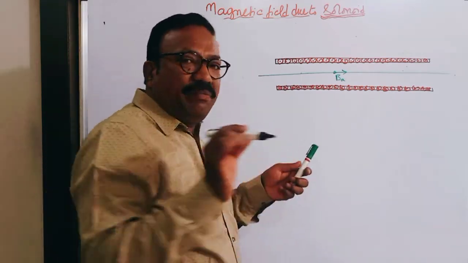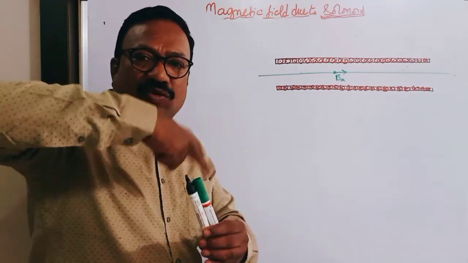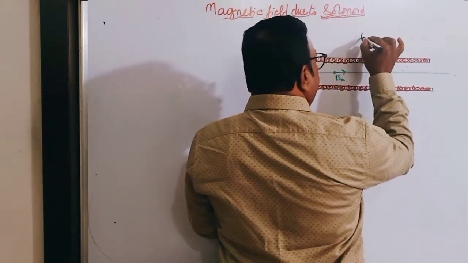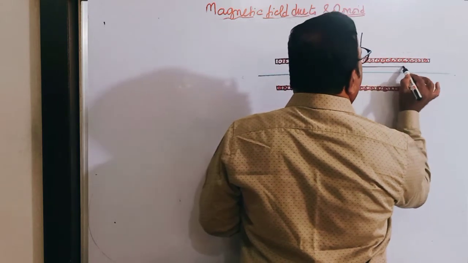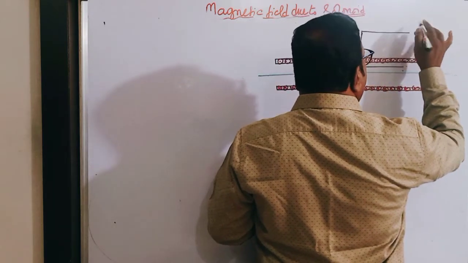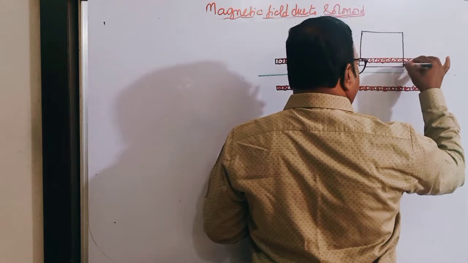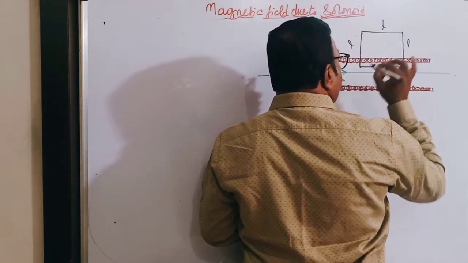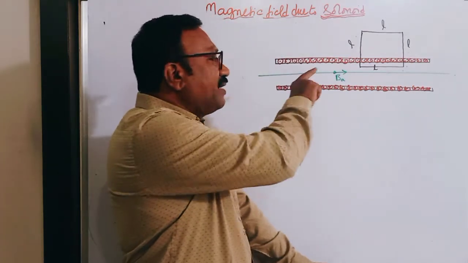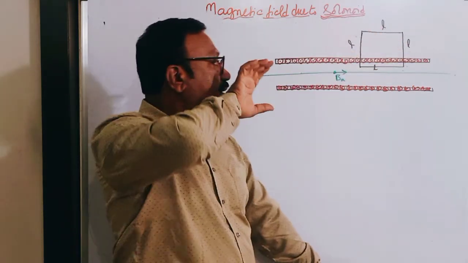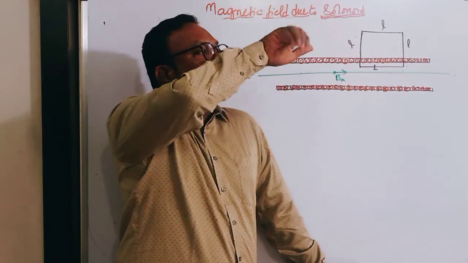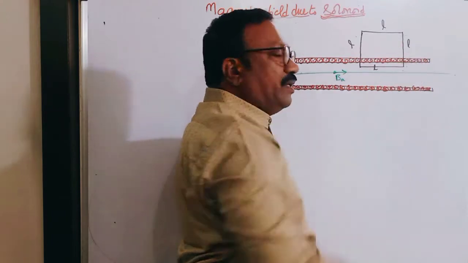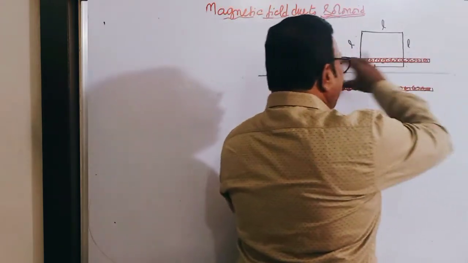So I will take one Ampere's loop now. I have to imagine one Ampere's loop around the current carrying conductors. So I will take one Ampere's loop here, like this. This is a square loop. And I already told you the magnetic field on the axis will be directed like this. See, current is coming like this, so the magnetic field will be in this direction on the axis of a solenoid, and a uniform field will exist in this region.